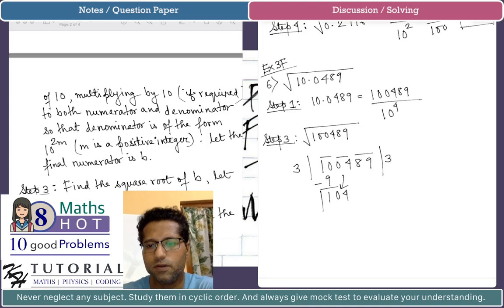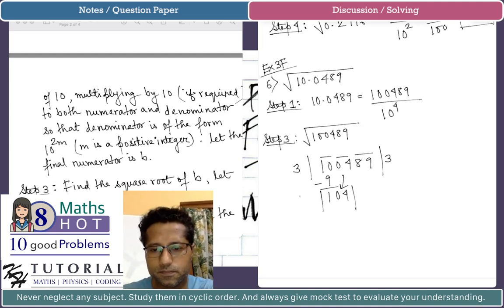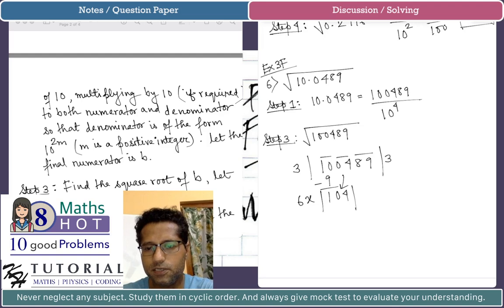104 becomes the new dividend, and the new partial divisor will be 2 multiplied by the quotient, ignoring the decimal point in the quotient, even though we are not dealing with any decimal point in the quotient. So 3 into 2 is 6. Now I have to consider a digit x after 6, such that this 2-digit number 6x multiplied by the digit x